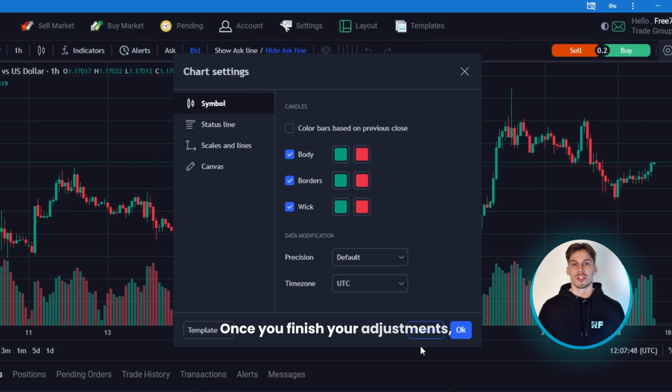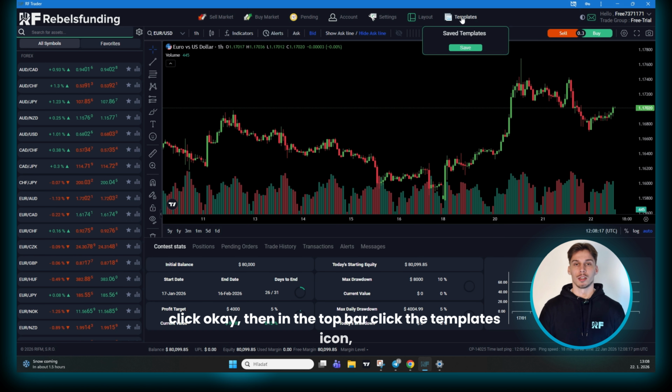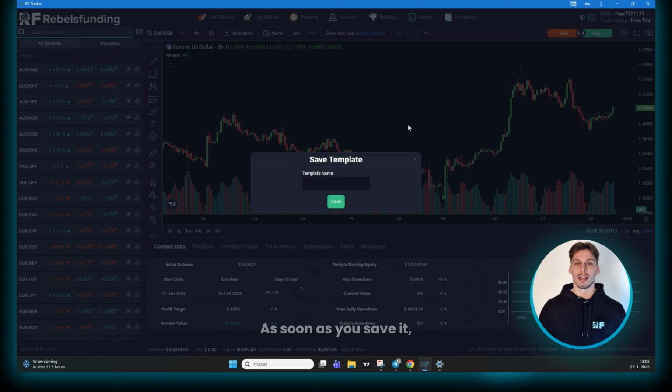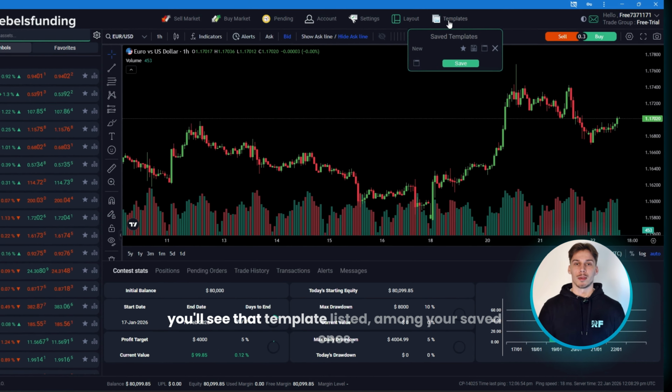Once you finish your adjustments, it's important to save a template, because otherwise your changes will disappear. That means, after making your changes, click OK, then in the top bar, click the templates icon. A window will pop up where you name your template and save it. As soon as you save it, when you hover over the templates icon, you'll see that template listed among your